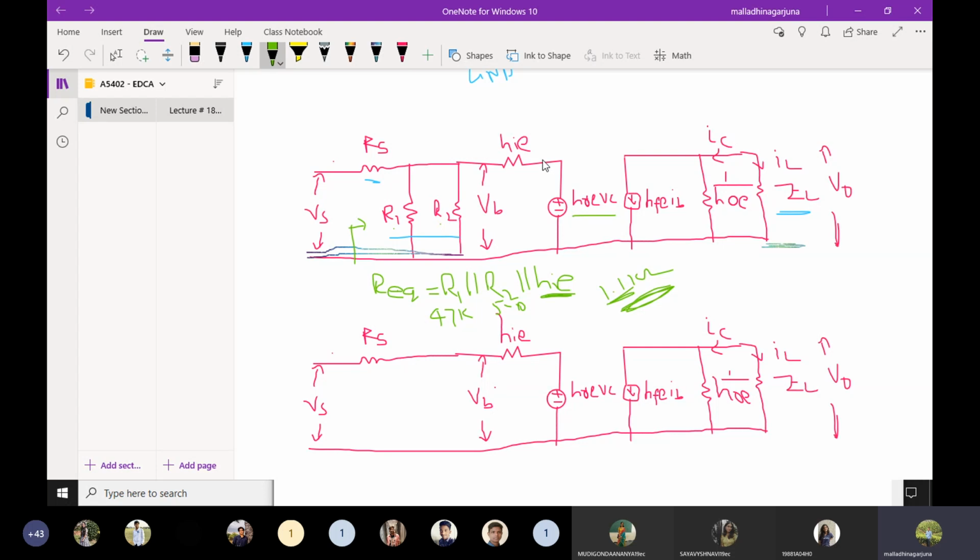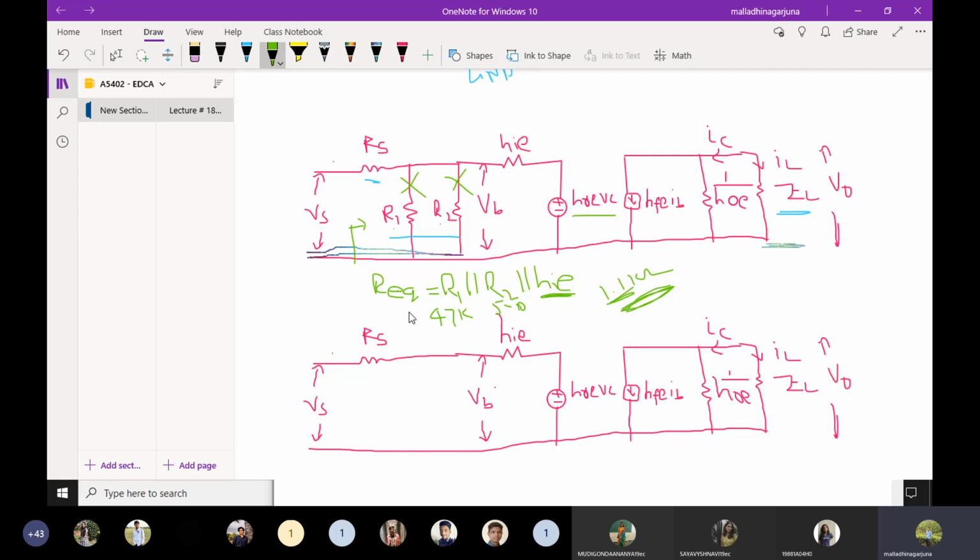what I'm doing is removing these R1 and R2 resistors from this. Why? Because anyway that equivalent resistance is equal to HIE only. Then why do we need to take these unnecessary R1 and R2 resistors into consideration and make our calculations complicated? Because these R1 R2 resistors are not showing any impact on our AC analysis. Then what is the reason for taking them?